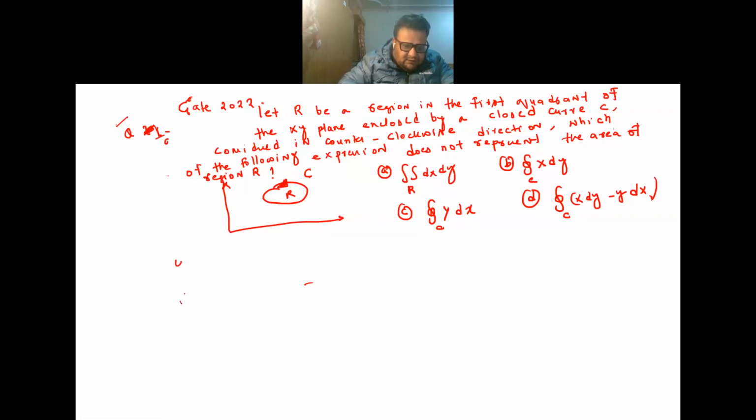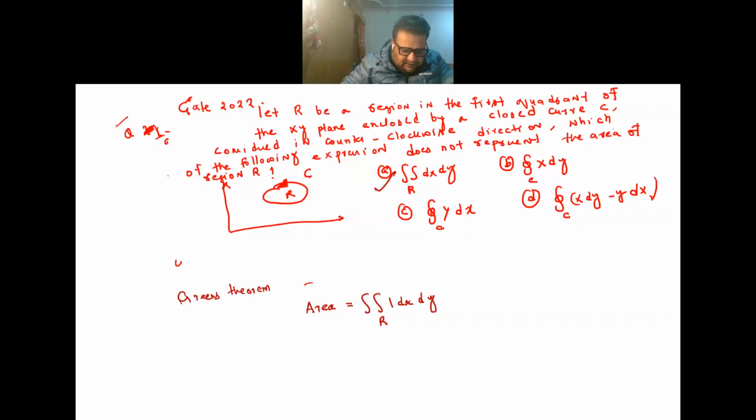One is Green's theorem. So the classic statement of Green's theorem for area holds to be the double integral over the region of 1 into dx into dy. Okay. So the first thing is correct. Now, if we expand this Green's theorem in a counterclockwise direction,